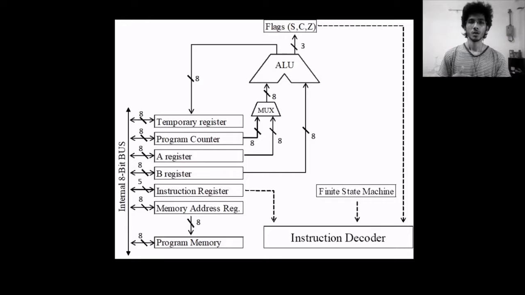Now, in order to operate the control lines in a specific sequence, the instruction decoder first needs to know what operation needs to be done. And it knows that by receiving an opcode from the instruction register. Each operation in my Relay computer can take from 10 to 14 steps. So the instruction decoder also needs to know which step is currently being executed and which step needs to be executed next. And it knows that using the finite state machine, which is a simple step counter. Apart from receiving inputs from the instruction register and the finite state machine, the instruction decoder also receives inputs from the status flags for conditional operations.